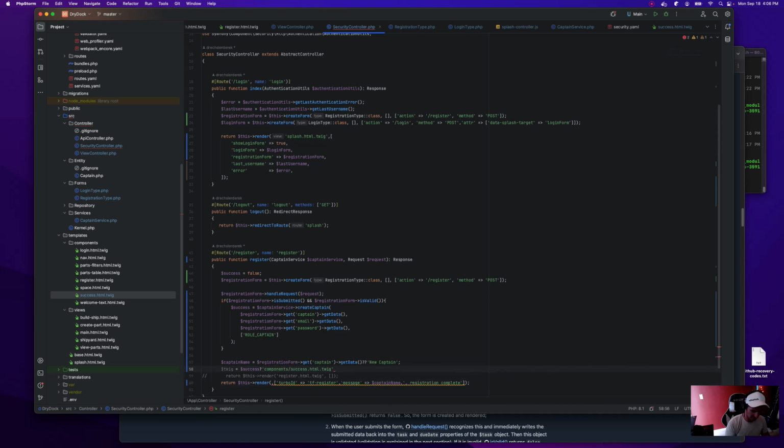And if we're not successful, we need to return the entire form into that turbo frame. But that's easy enough because it's just register with the form. So components dot twig,